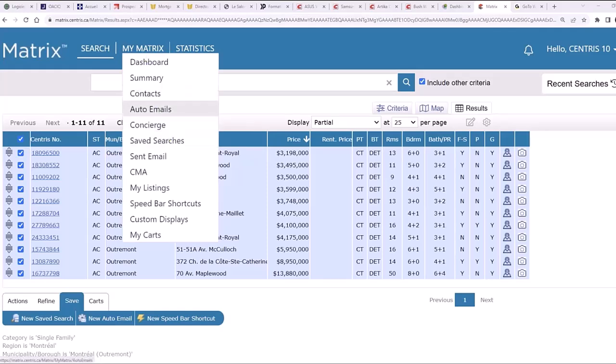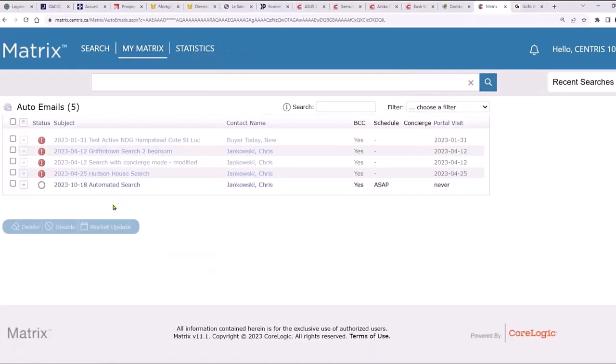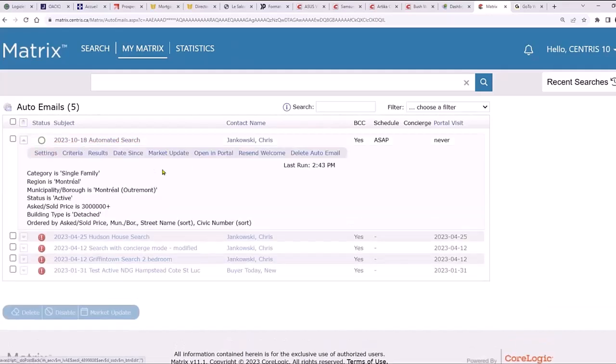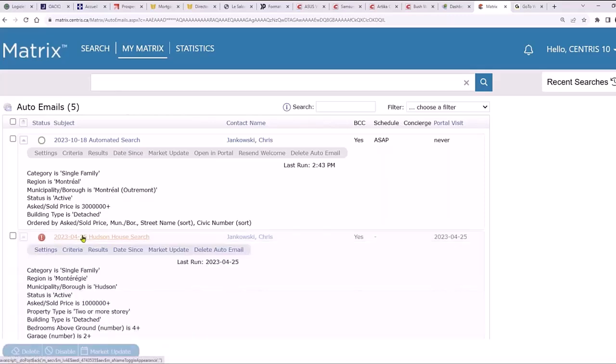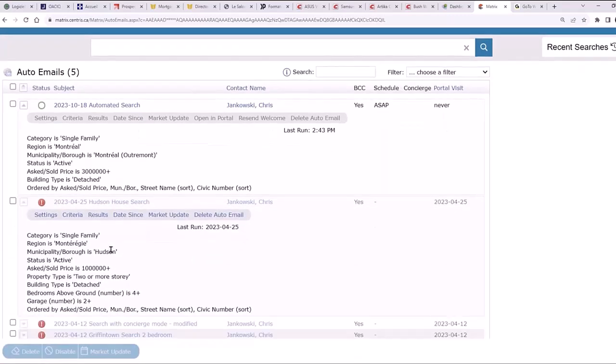So anytime you've created an auto email, see that message, that email is here, right? We can always see settings. And as you can see, the previous ones I had from previous courses show up as red with an exclamation mark, which really means that they are no longer activated.